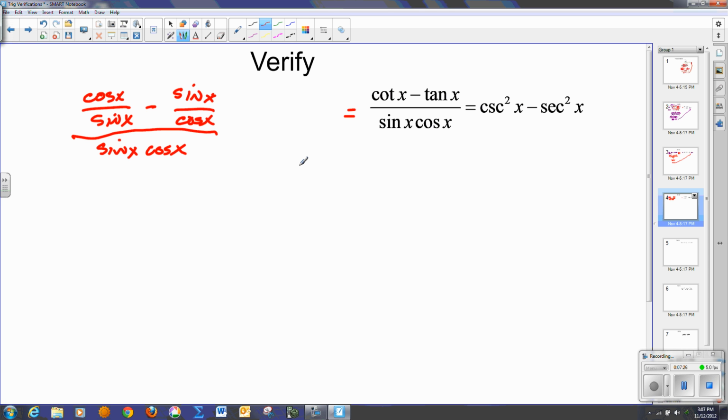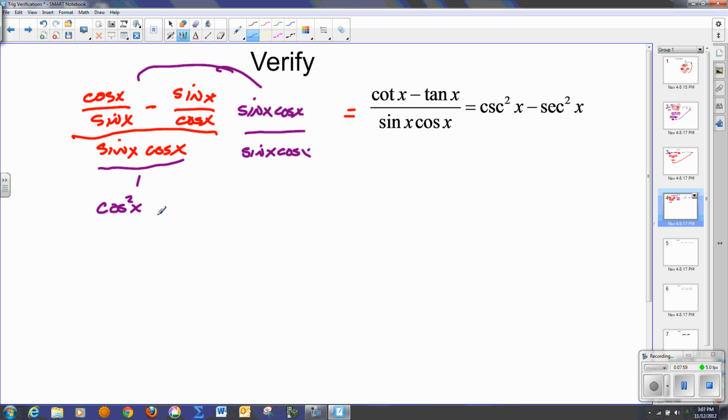cosine of x. Now again, this is a complex fraction. Usually in complex fractions, I'll multiply by the LCD of the numerator and denominator. Notice the denominator here is 1. So I'm going to multiply by sine of x, cosine of x to both the top and the bottom. And I have to do it to the top and the bottom because that's like multiplying by 1 and it doesn't change any values. Distributing this in, my sines go in the first term, I get cosine squared. The second term, I get sine squared